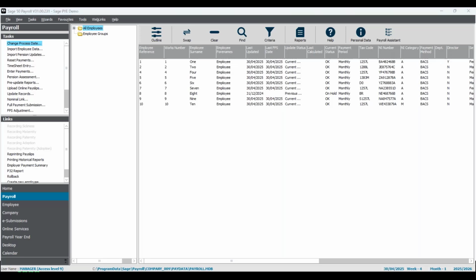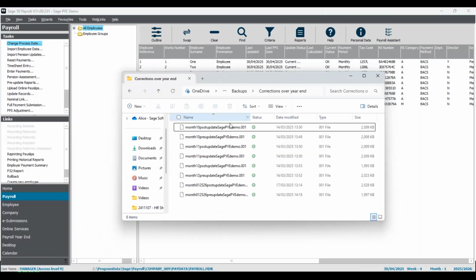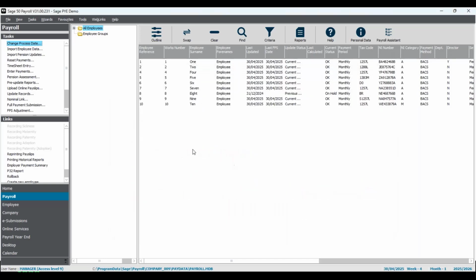Now, when I do payroll, I do tend to take 2 backups per pay run. So I've got a pre-update and a post-update backup for each period. Here's just a few examples of them. Feel free to take more. It's always better to be safe than sorry, but this way I've got 2 backups should I ever need to restore and go back to one of those places. It is also helpful to name them appropriately as well. So you can see I've got month 10 pre and post update, month 11 pre and post update, etc. And I've then got April's backups just down here. So month 1, 25-26, pre-update and post update. So I would be able to go and restore one of these now,